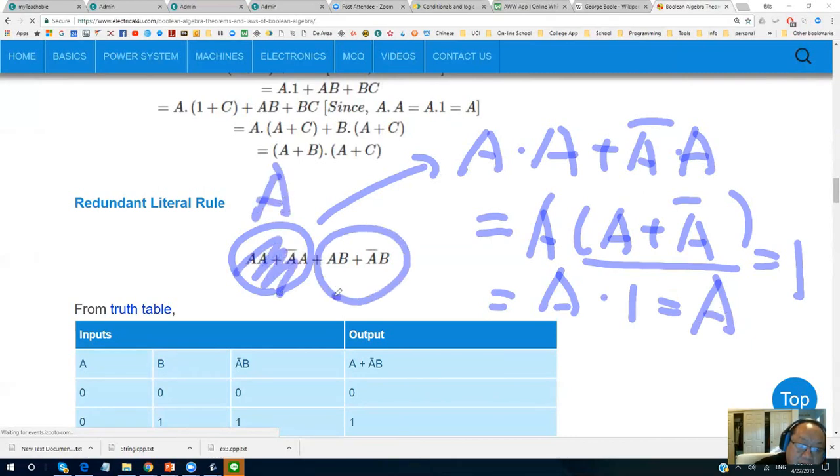This part, A or AB, A or A and the B is what? I'm rich, or I'm rich and I'm tall.